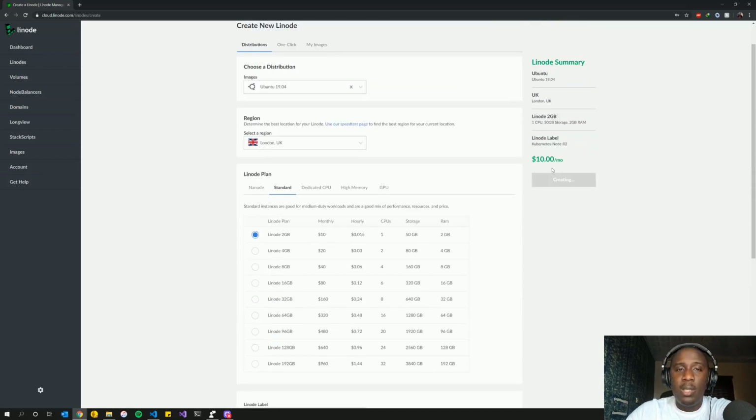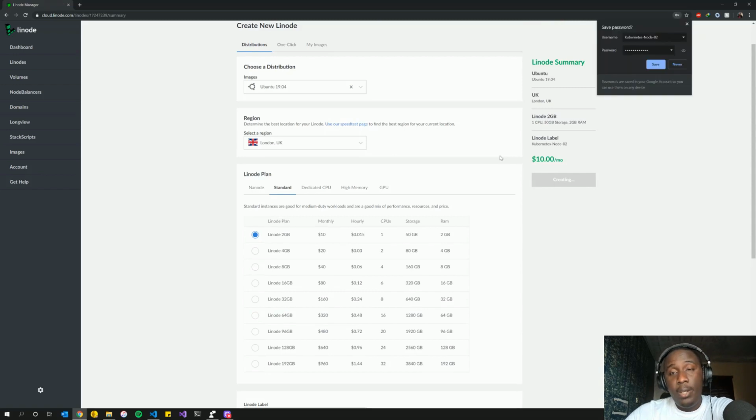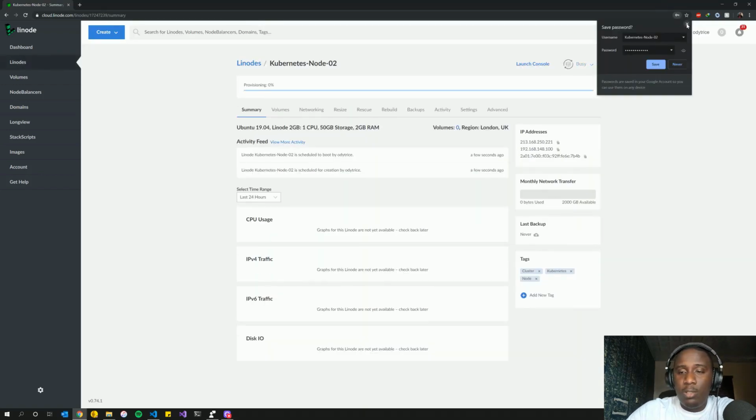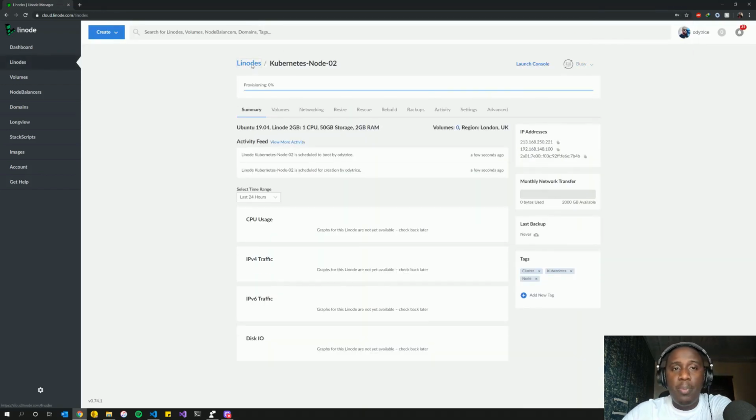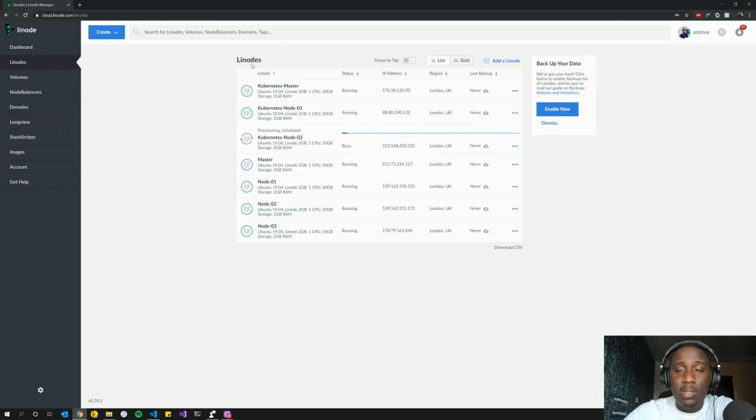As you can see, they're all $10 a month, which is really good. It's not really cheap, but compared to other Kubernetes installations, trust me, this is super cheap, and you're just paying a flat fee. So that's really cool. So once the second one is done, the next thing we need to do is to